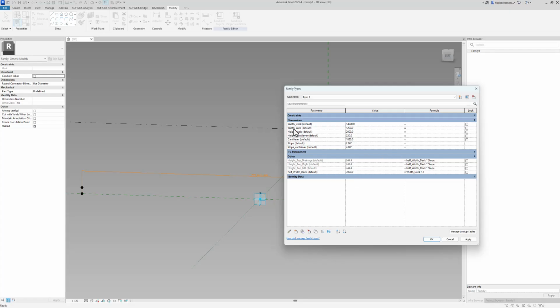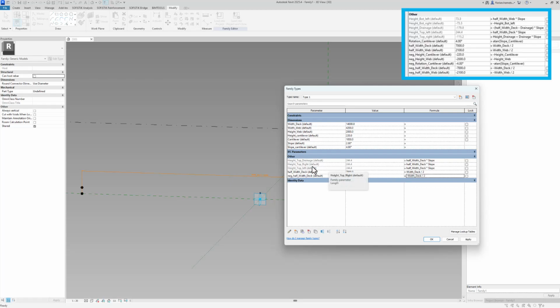We can use the width of the deck, especially the half width of the deck, which we can duplicate to create a negative version of it. I like to add a neg in front of the parameter, so negative half width deck, where I simply take the parameter and set a minus in front of it.